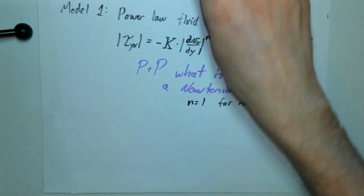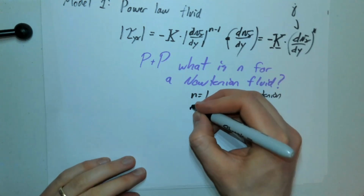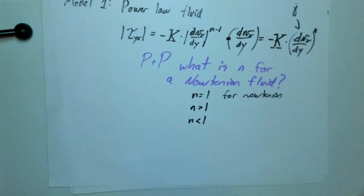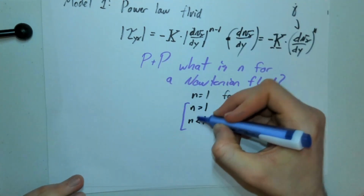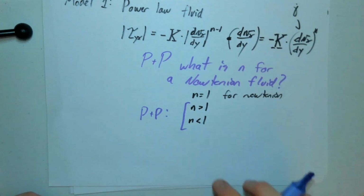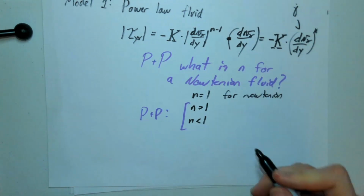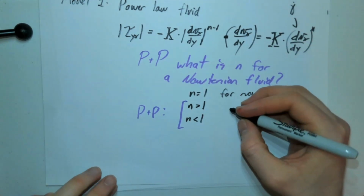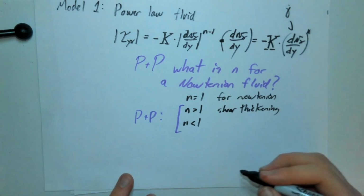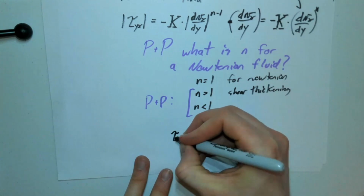Now let's look at another pause and ponder question. Let's look at cases where n would be greater than 1 or n would be less than 1. Pause and ponder. What does it look like if n is greater than 1? What does it look like if n is less than 1? Consider what physically this means. Well, hopefully you've paused and pondered. n greater than 1 is a shear thickening fluid, right? So for example, if we wanted to sketch out what this looked like, magnitude of tau versus